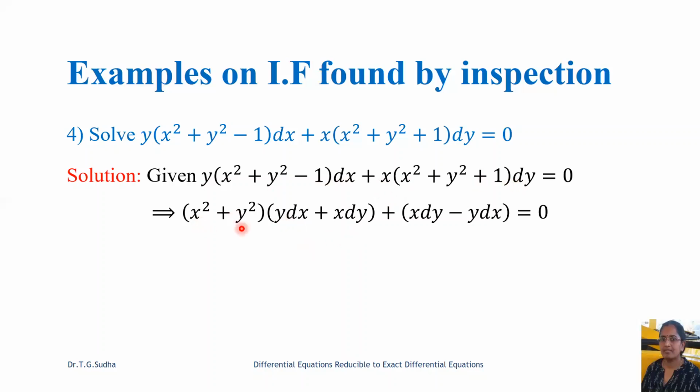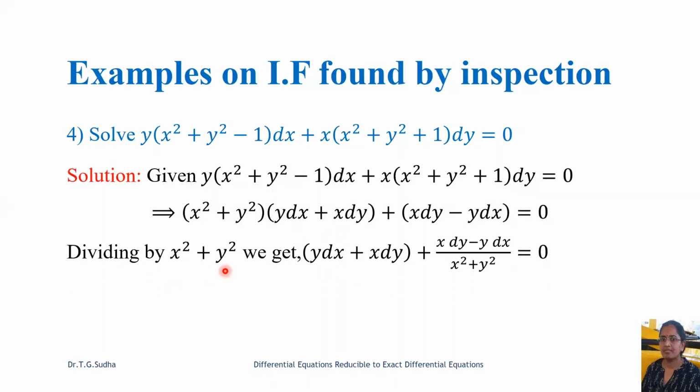So we get x square plus y square into y dx plus x dy. The remaining term here is minus y dx, and here it is plus x dy. So x dy minus y dx equal to 0. Now to bring it to the combinations required, let us divide by x square plus y square. So when we divide by x square plus y square, in the first term we get y dx plus x dy, and the second term gives us x dy minus y dx divided by x square plus y square equal